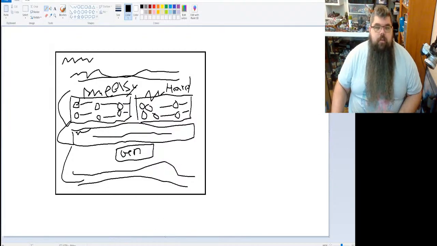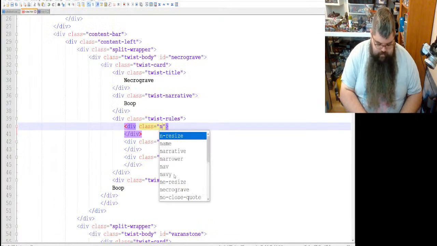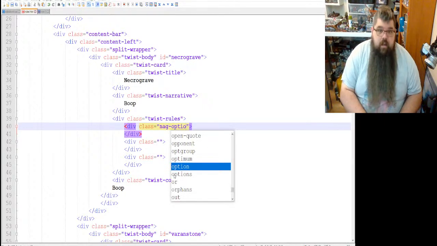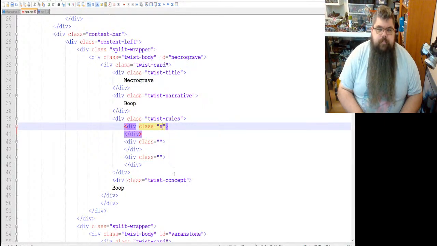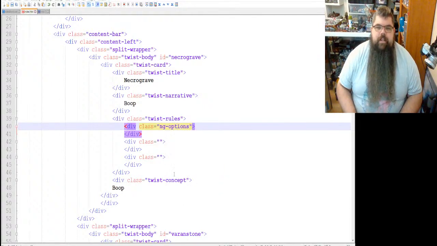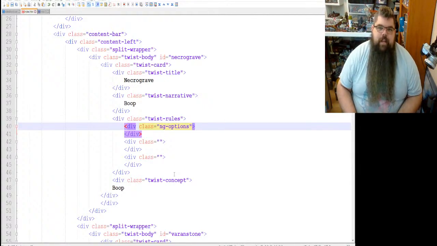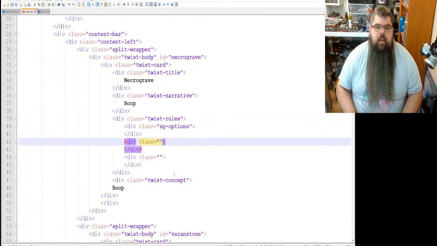So we're going to call these, let's see, NG. The problem with calling it things like this is this phrase is used inline in Angular, but it's also for Necrograve, so we'll do it. It's fine.